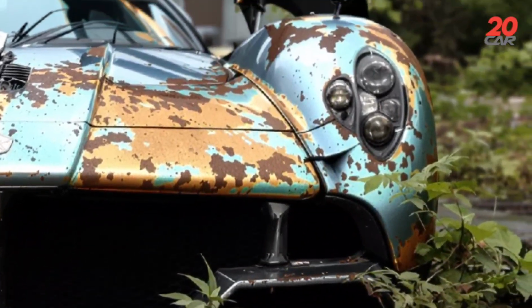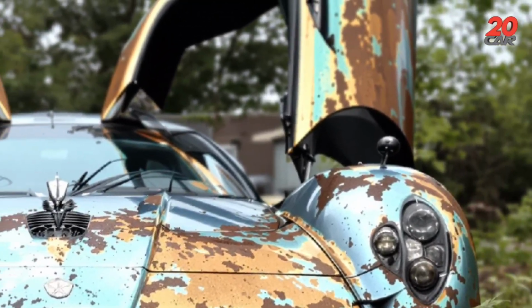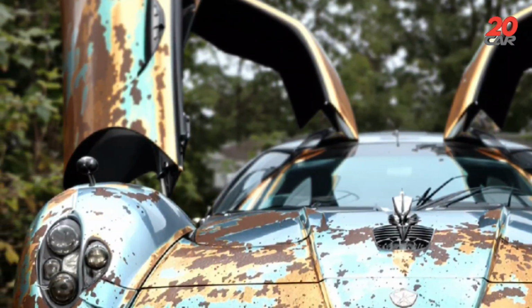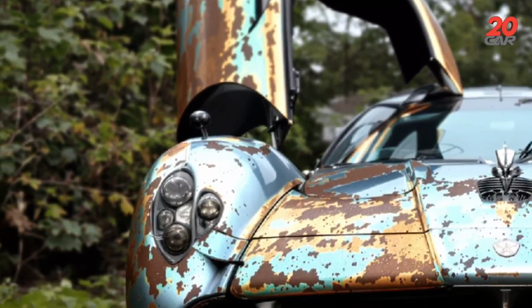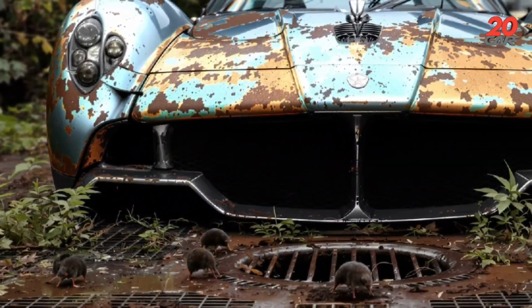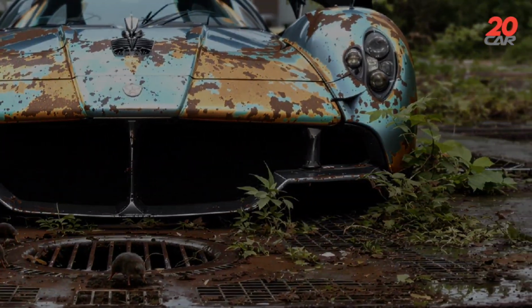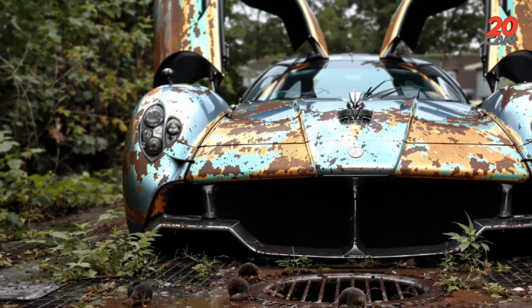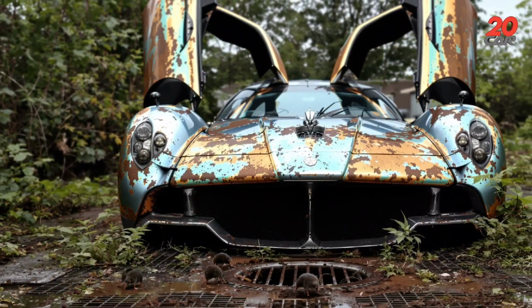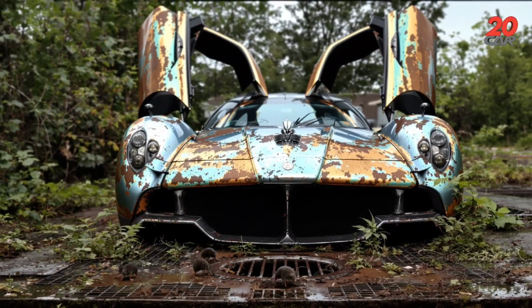Back to 20 car. The 2026 Pagani Imola Unofficial Concept is a rolling sculpture, designed not just to move but to mesmerize. Its exterior embodies aerodynamic ferocity, an elongated carbon fiber body sculpted with razor-sharp lines, flowing intakes, and a wing that looks like it could slice the sky. Every vent, curve, and surface is optimized for downforce, giving it the presence of a jet fighter wrapped in Italian